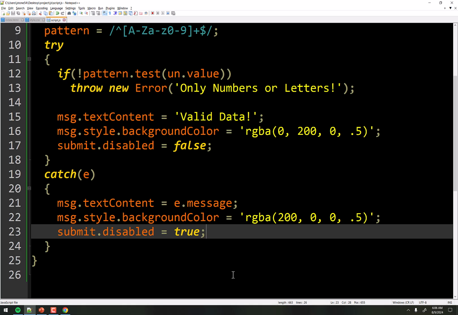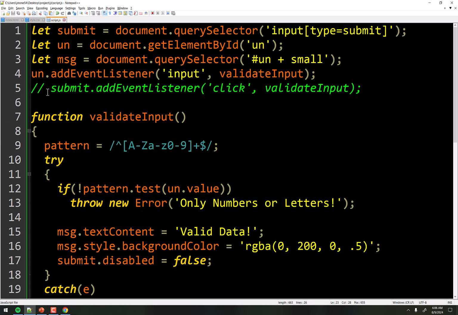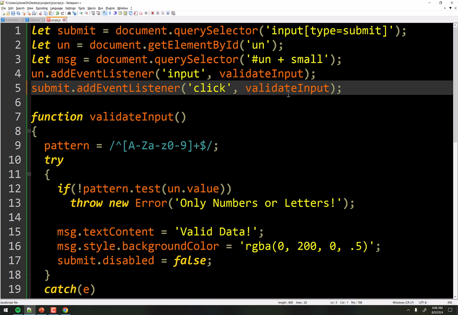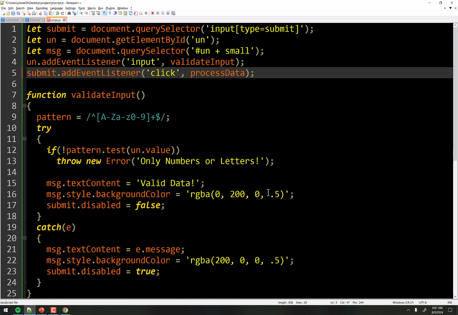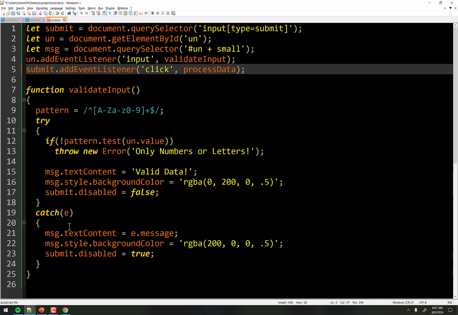So lastly, now let's make it so that when I click the create button, something happens. So we'll turn this event handler back on, but we'll change it to process data. And we're going to throw in a few new things that you haven't seen before, along with some basic processing things that you have seen before. But first, let's just take one last look here.